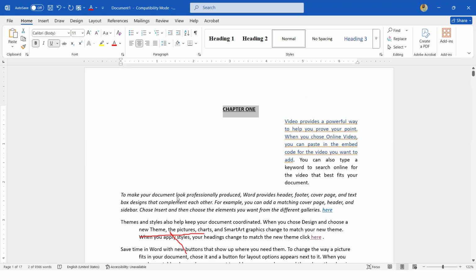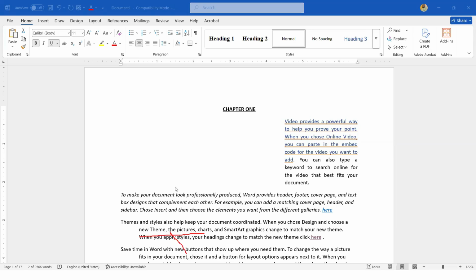The next thing is Control W, which is close. Maybe you have opened your documents or your file or something. If you want to close it, once you press Control W, it will automatically close. Let me just press Control W and see. You see, once you press Control W like this,